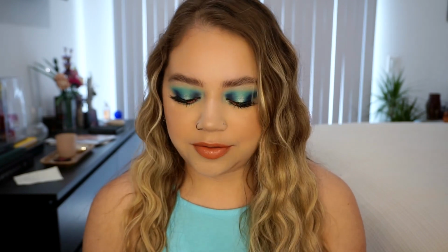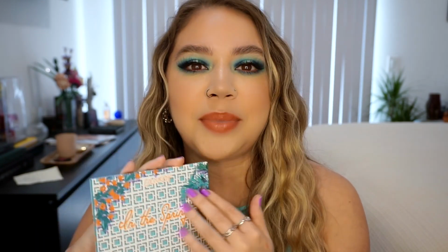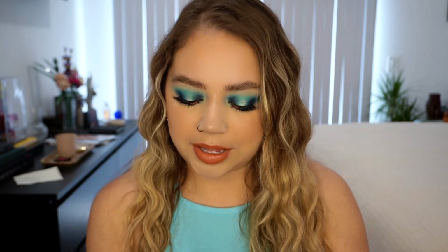I really like the palette. I love blue and orange together, so I just think the packaging is so cute. It's definitely reminding me of Palm Springs. It reminds me a lot of the houses in Palm Springs that have that front. If you've been in Palm Springs, I feel like you know what I mean. But